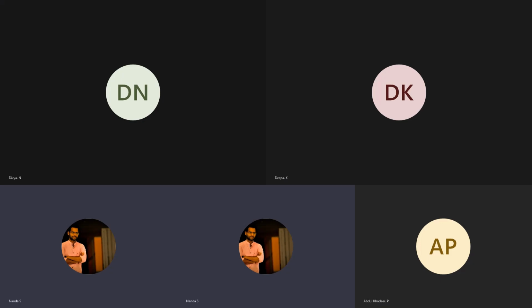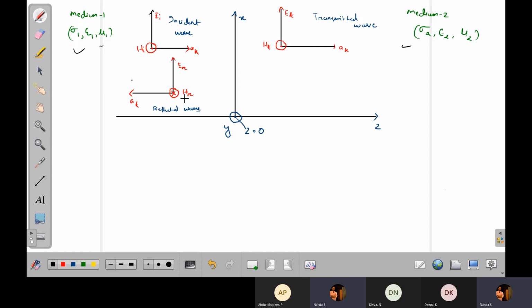So now in this figure, I have told that this one is the incident wave. In the incident wave, what was the thing? This was the direction of propagation, that is your AK, and this is the electric field direction that I have written as EI, where I stands for incident. And H1, so what is H1? H1 is the H field direction. So how do you need to assume this H field direction?